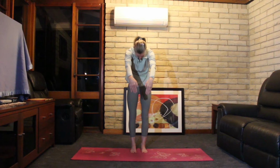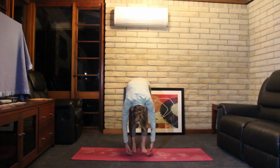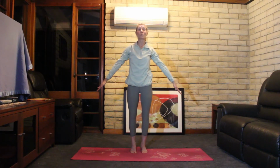Lengthen the arms up. Breathe in and dive the hands down, and again rolling down, curving through the back. Let the arms release. Let the neck release, and exhale again. Scoop the belly out. Press through the feet and stack each vertebra 1 at a time. Arms out in front. Rise. Breathe in. Breathe out. Pull the arms down by your sides, and imagine you have to pull them through resistance